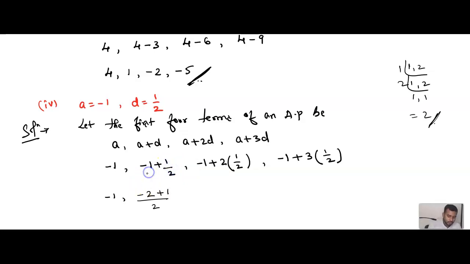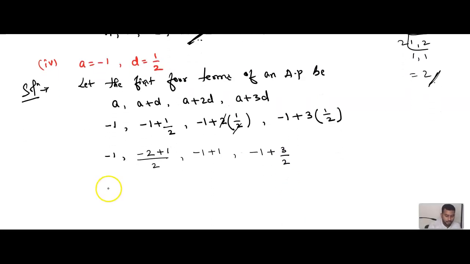Understood or not? So it is minus 2 plus 1 by 2. Again we can see this 2 and this 2 get cancelled here. 2 into 1 by 2, 2 and 2 will get cancelled. So what is left out? Minus 1 plus 1. Now again minus 1 plus into plus is plus. 3 ones are 3 by 2. Got it? Good. That's nothing but minus 1 comma 1 minus 2 is minus 1 by 2. Minus 1 plus 1 is 0.